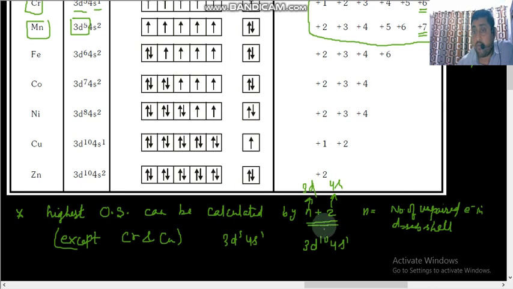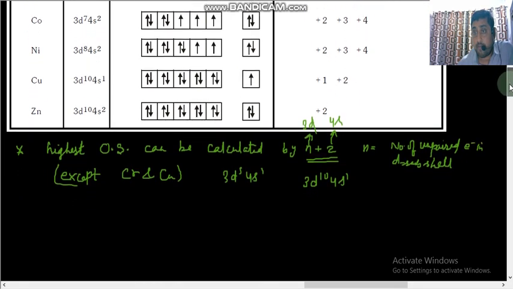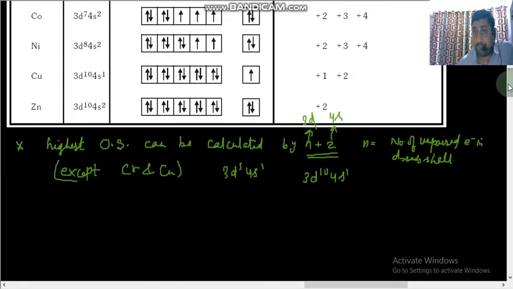So the rule will be n plus 1 in the case of copper and chromium, and in other cases it is n plus 2, by which you can calculate the highest oxidation state. Okay, so